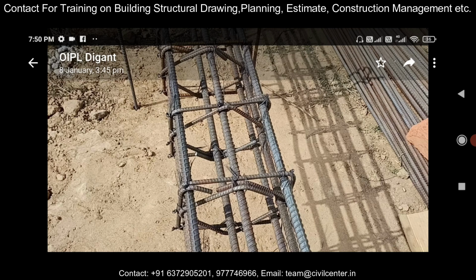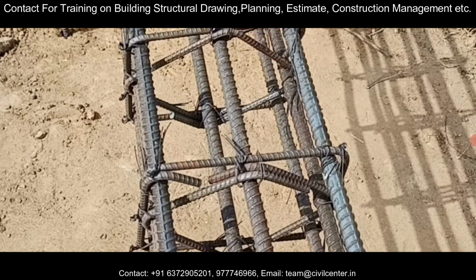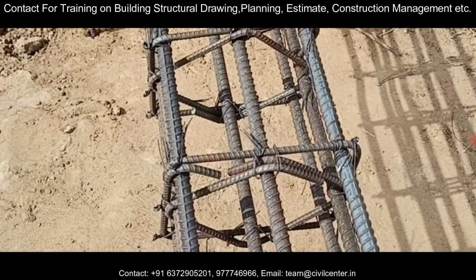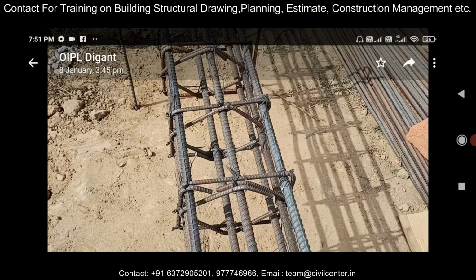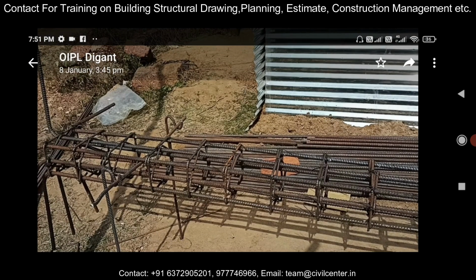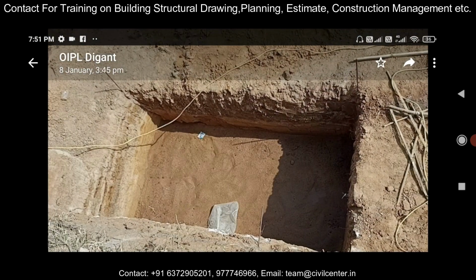From close up, as you can see, the stirrups in the case of beams, and the ties in the case of columns, are called rings in the common language of the laborers. These should always be bent at an angle of 135 degrees. As you can see, this one is bent; it shouldn't be straight. After you have done this, you can check all the column reinforcement.